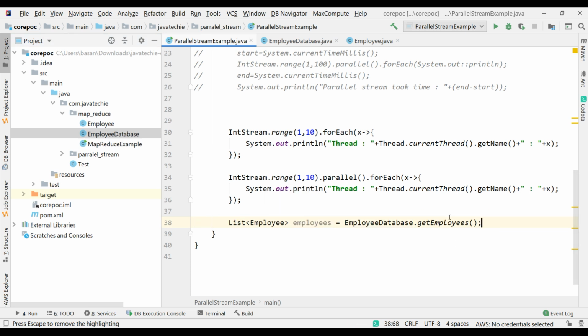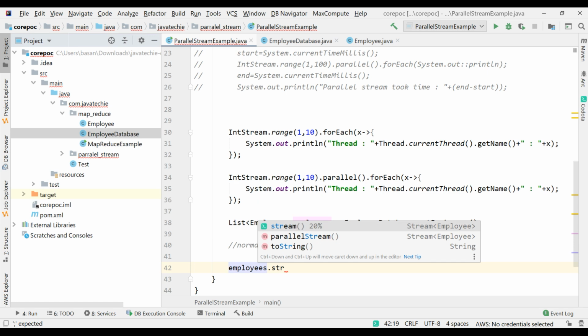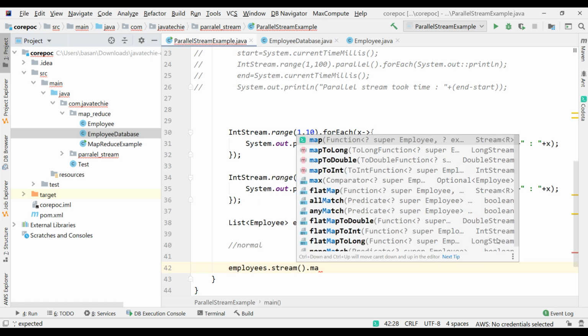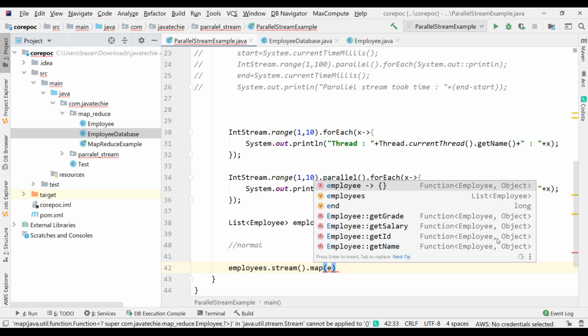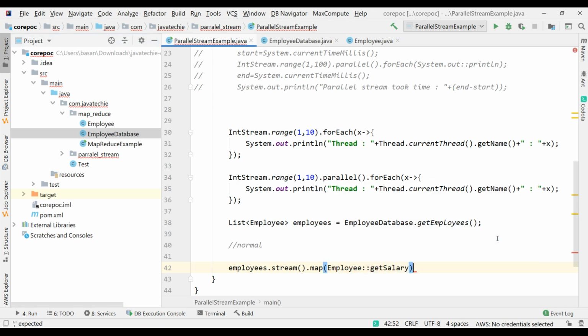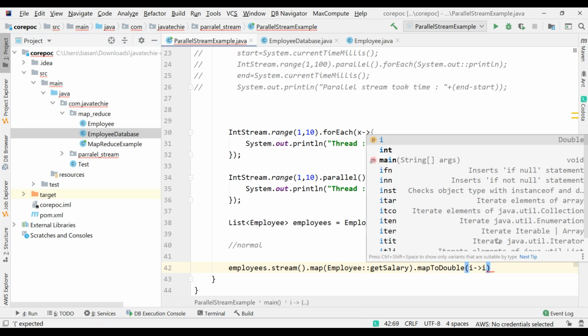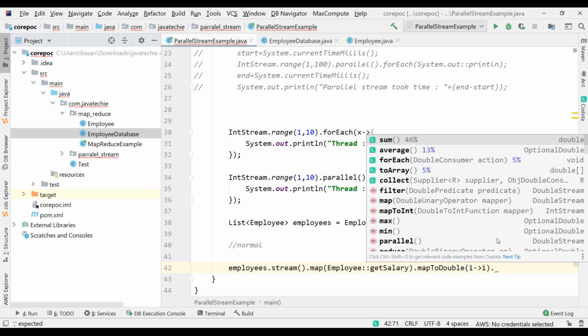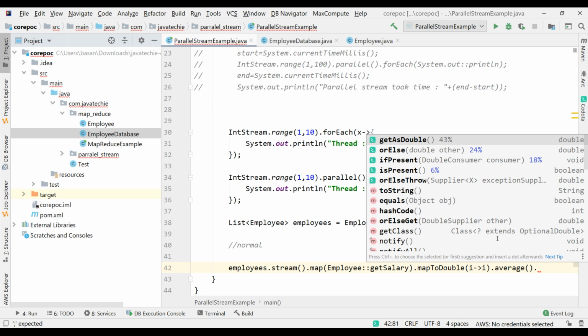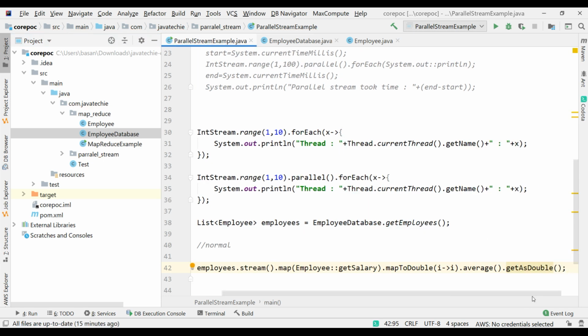Fine. Now I will try to evaluate the average using normal stream and using parallel stream. Then we'll find out the actual time difference between these two. So first let's go with the normal stream. We'll write employees.stream, then get only the salary. So I'll write map employee.getSalary. Then mapToDouble, then just find the average, dot getAsDouble, right?